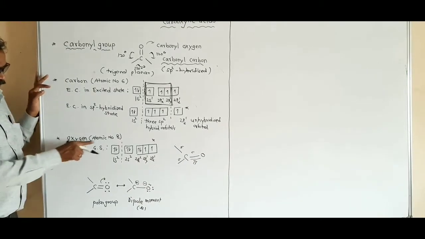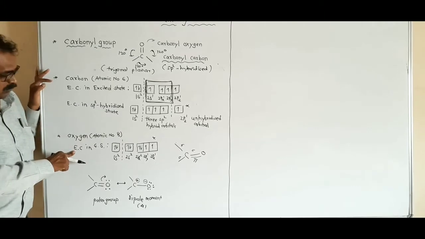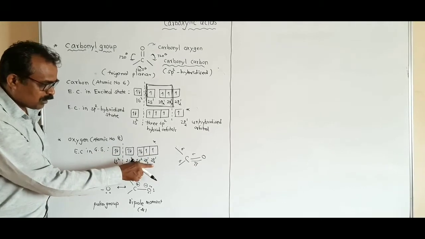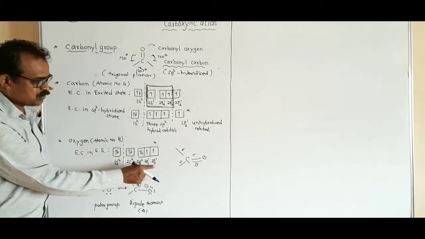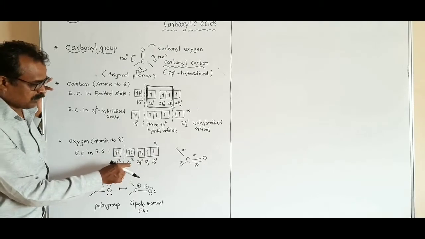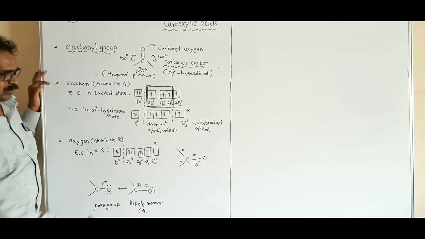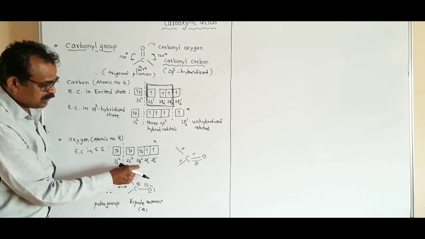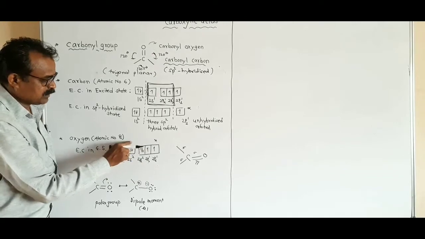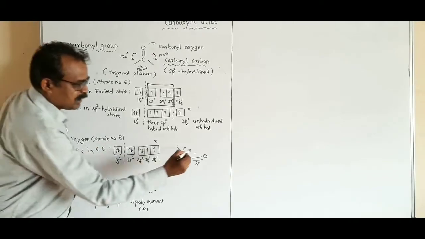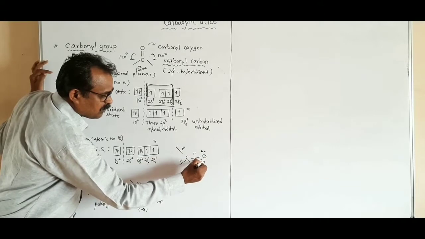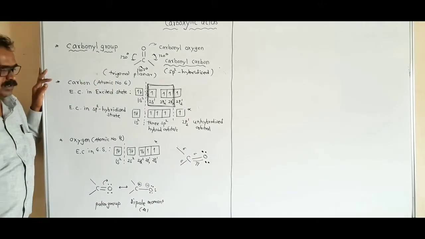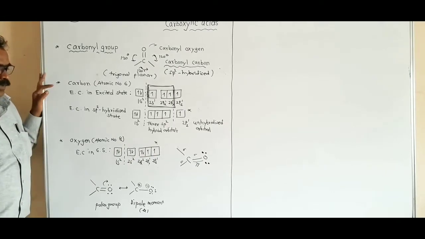The atomic number of oxygen is 8. Therefore, the electronic configuration of oxygen is 1s2, 2s2, 2px2, 2py1, 2pz1. In the valence shell of oxygen, two orbitals have unpaired electrons, while the other two have lone pairs of electrons. The two half-filled orbitals form 2 bonds, and the two orbitals containing lone pairs remain on oxygen unbonded; they do not participate in bond formation. We call them lone pairs of electrons.